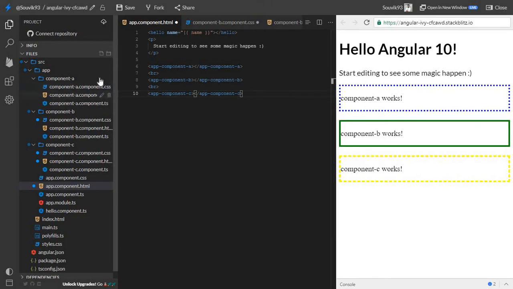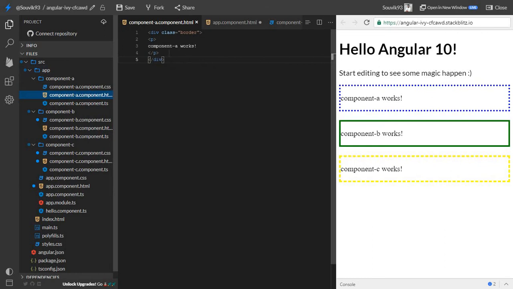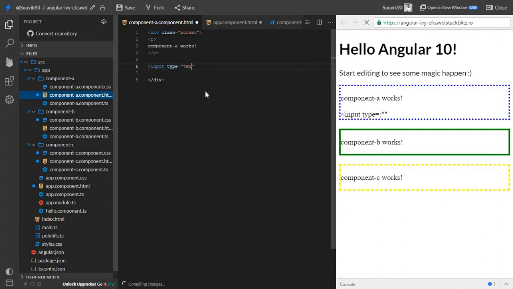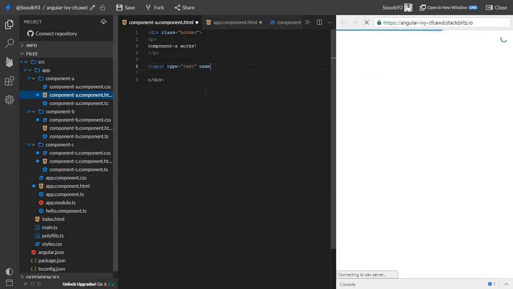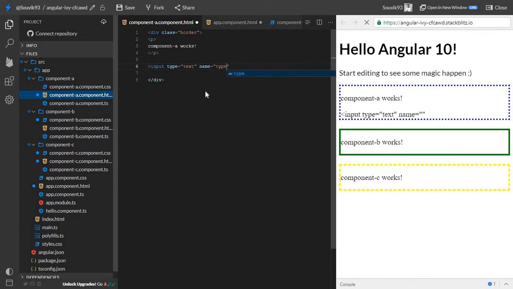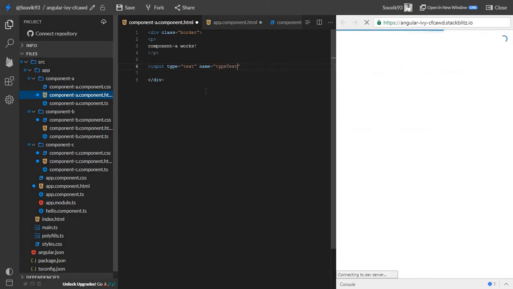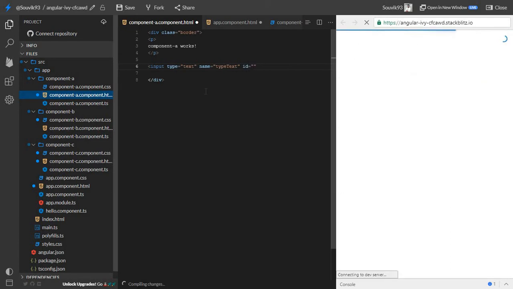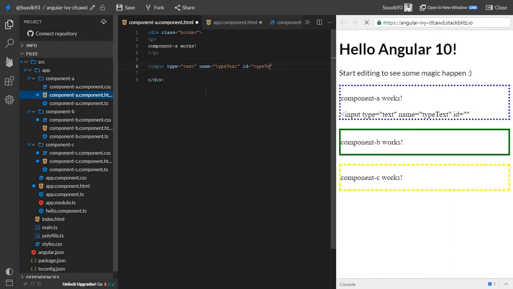Let me open the component A HTML and take one input box and one button. The input should be type text, and I'm going to name it txtType and give it an ID, something like type text.